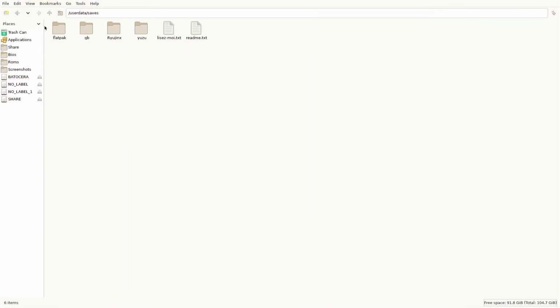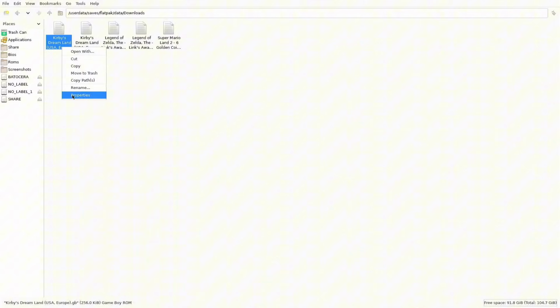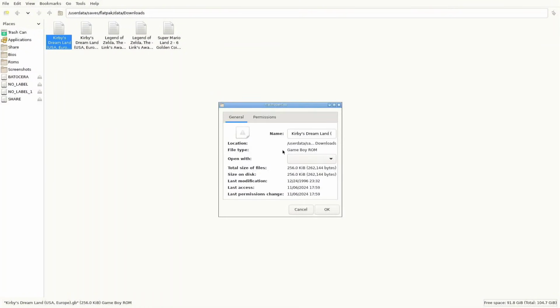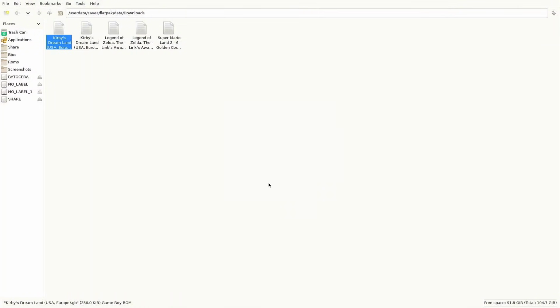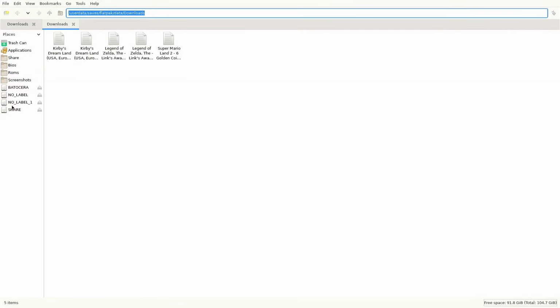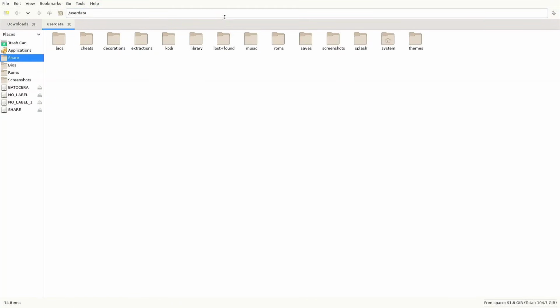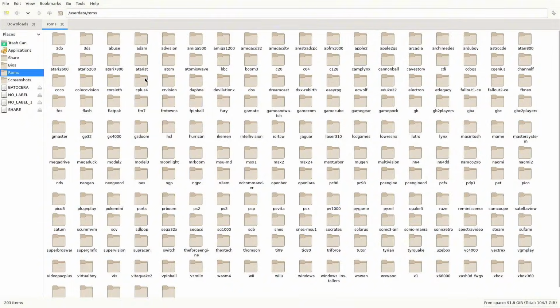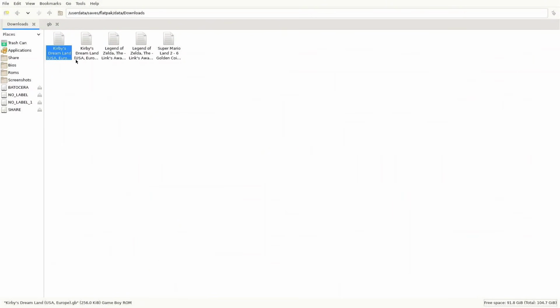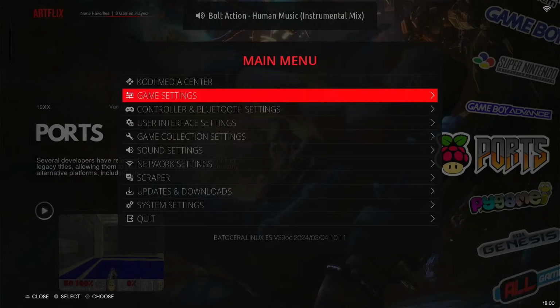And there it is. Now we have two Kirbys. One of them is zip and one of them is, boom, a Game Boy ROM file. So I have successfully downloaded, extracted, and now I'm just moving that file that I just downloaded into the Game Boy folder. I'm going to drag and drop it. And once I do that, I'm done. So we will close out of this and we'll test the game to make sure that nothing weird or wonky happened. And we're done. So let's update our games list